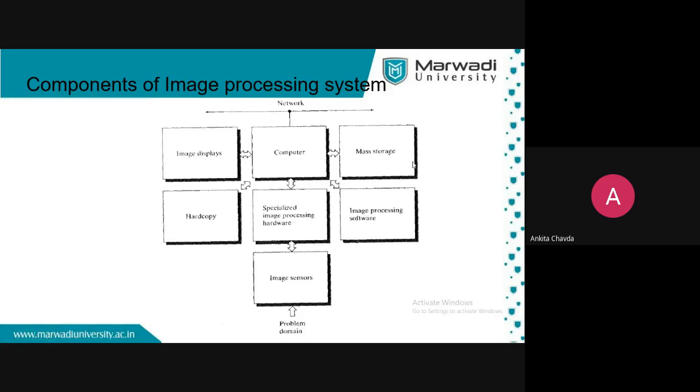But here we understand we have a mass storage for storing our images. Then image displays, such as a monitor, where it is displayed. So this many components are associated with the process of image processing.